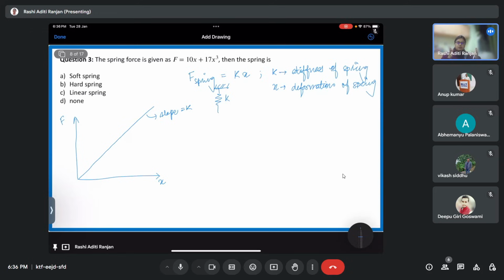During the linear zone there is a constant relation, right? But as soon as we get out of the linear zone, the behavior gets nonlinear, right? Now, nonlinearity can be of two types. It can be of softening type or it can be of hardening type. Like for example, the equation that has been given, which is f equals to, let x equal to 1. Now what will be the value of f? 27. Now if I talk about a linear spring, how much value will it be? Just 10,